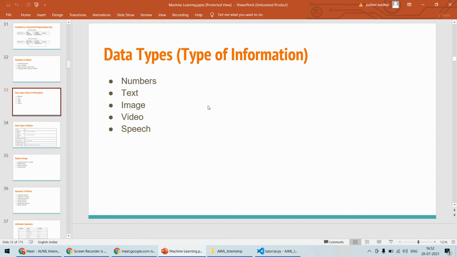तो machines को भी ये इसी सब डेटा पे प्रोसेस करना पड़ेगा। The machine should be able to, or it must be capable of processing the numbers, it must be able to process the text, the machine or any Python language must be able to process the images, it must be able to process video and speech। तो जो डेटा हम डेली लाइफ में प्रोसेस करते हैं, सेम डेटा मशीन को भी करना पड़ेगा। क्यों? Because the machine is going to replace the human beings using these AI/ML algorithms, and based on this data we'll extract some meaningful information। So data types is nothing but type of information।